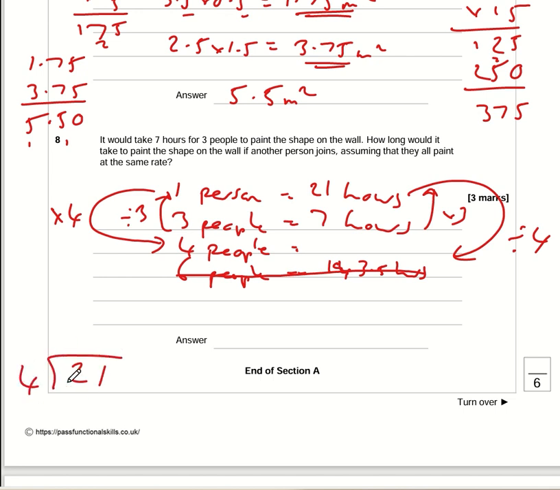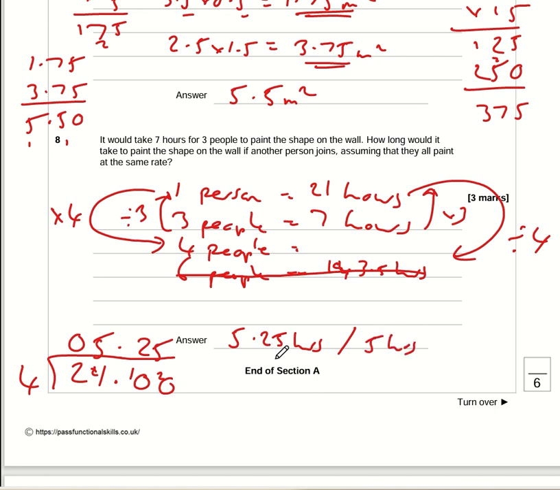21 divided by 4. 4's into 2, don't go, 0, move the 2 across. 4's into 21, go 5 times. 5 4's are 20, so that's a remainder of 1. So we need to put in a decimal point and a 0 and stick the 1 on the 0 to make a 10. 10 divided by 4 is 2 with a remainder of 2. Put in a 0 so we can put the 2 on top. 20 divided by 4 is 5. So 5.25 hours, or if you want, you can say it's